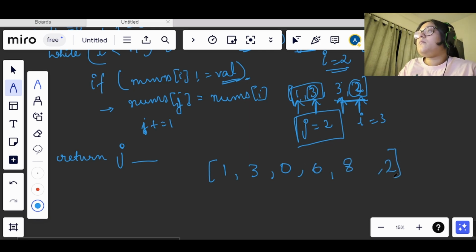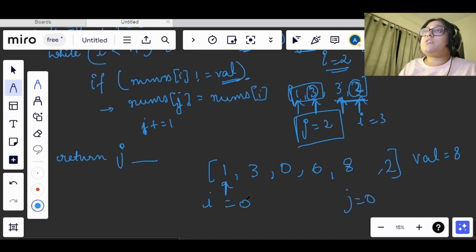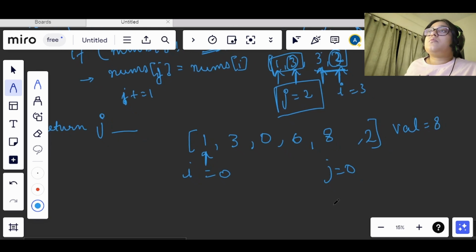So I'll use one more example: 1 3 0 0 8 2. Let's say our val is equal to 8 here. So now our i is equal to 0 and j is also equal to 0. Now the value is not 8, so there will be no changes. This is not equal, right?